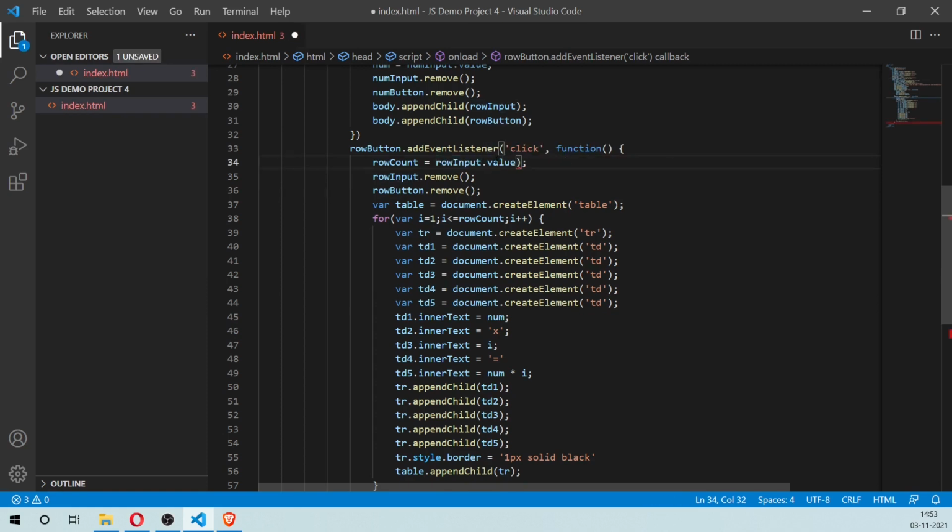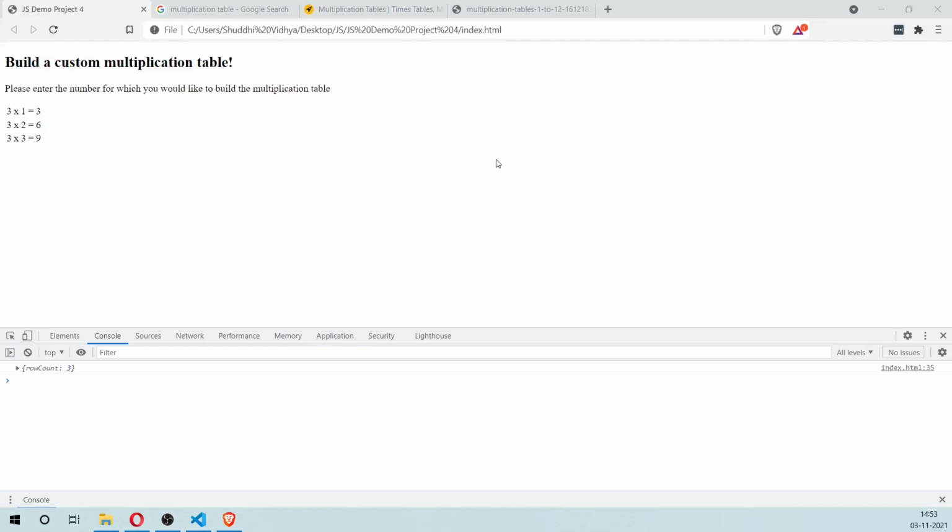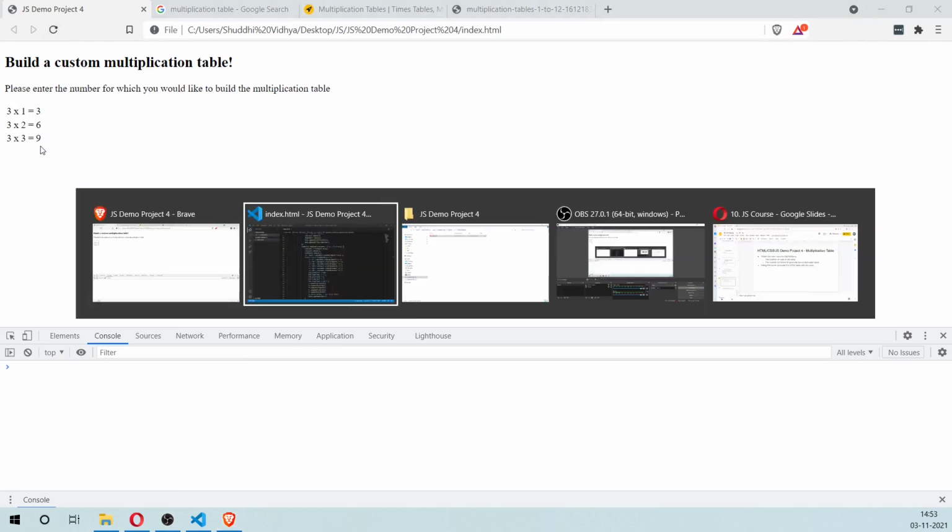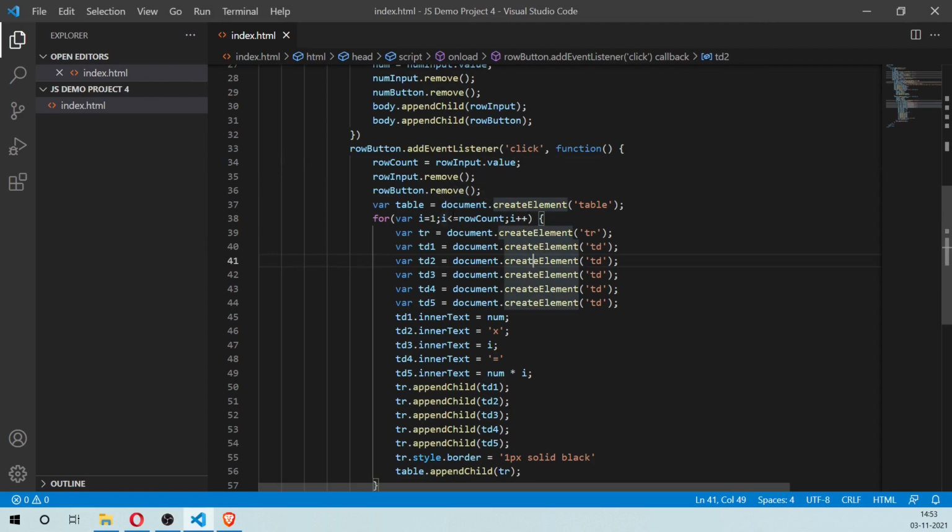Let's see if this works. Okay, so it works out. So in programming, there's always more than one way to achieve a result. So this is a better way to handle that.